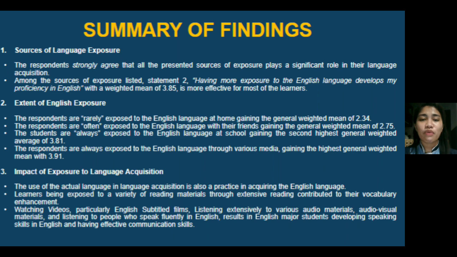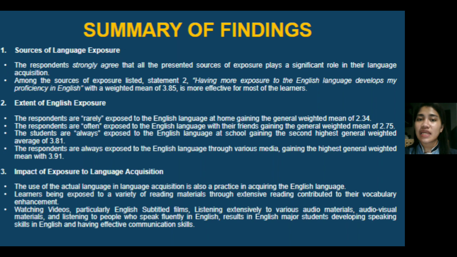The impact of exposure to different sources in language acquisition is, first, the use of the actual language in language acquisition, which is also a practice in acquiring the English language. Watching videos, particularly English subtitled films, and reading materials through extensive reading contributed to the vocabulary enhancement and pronunciation of the English major students.